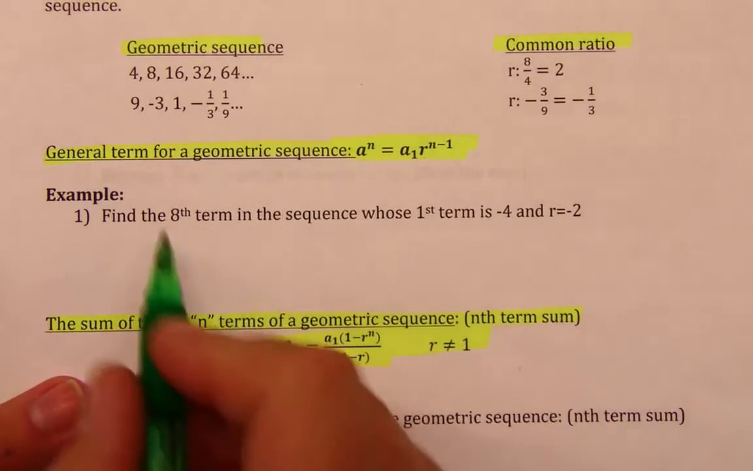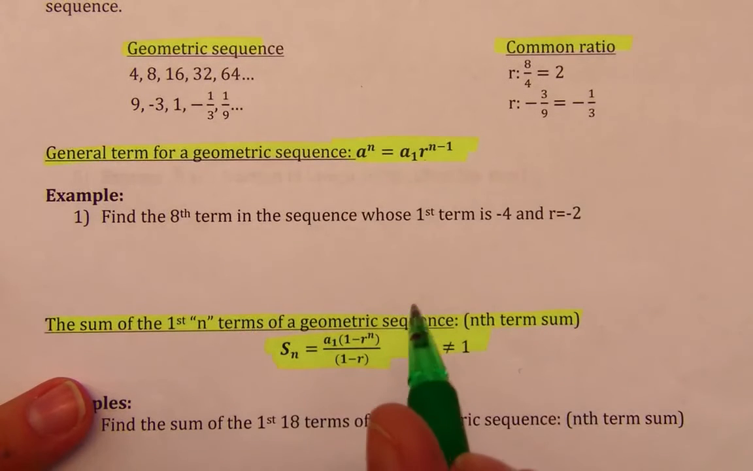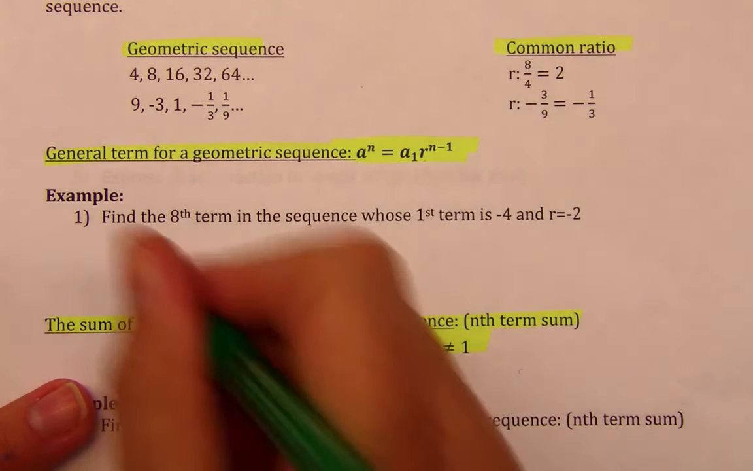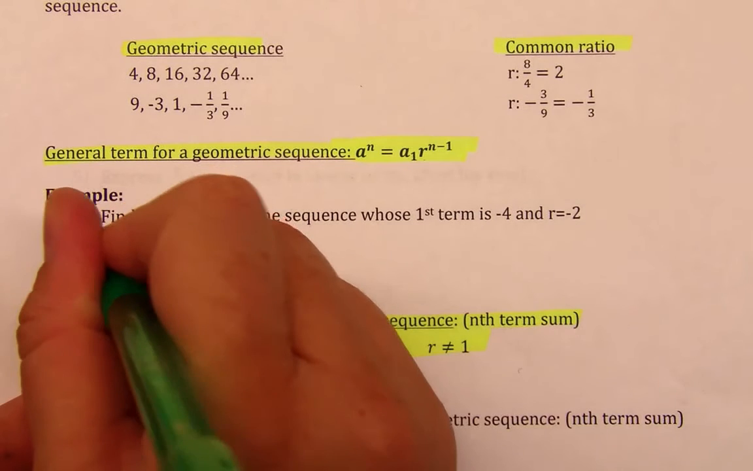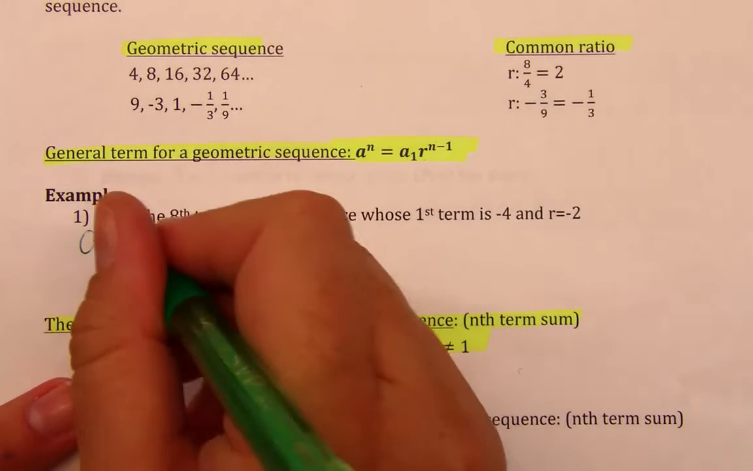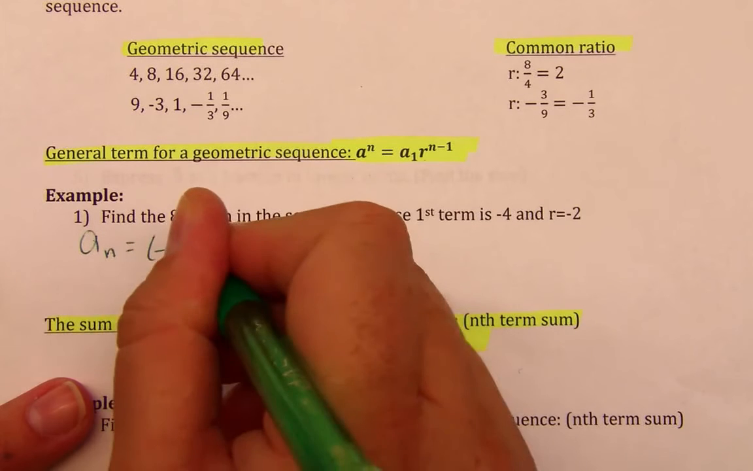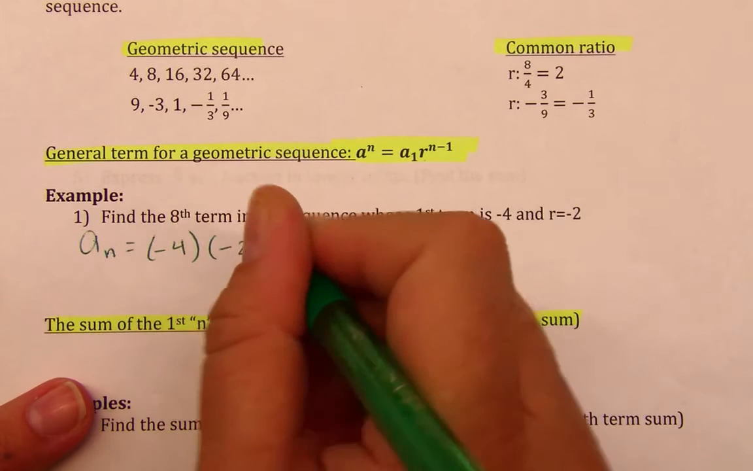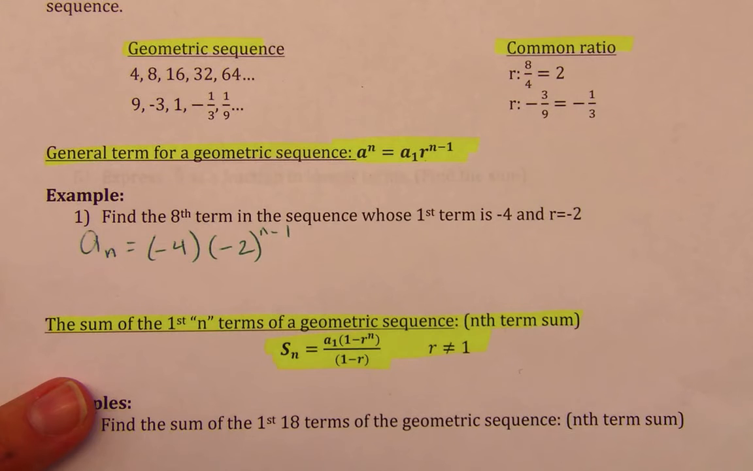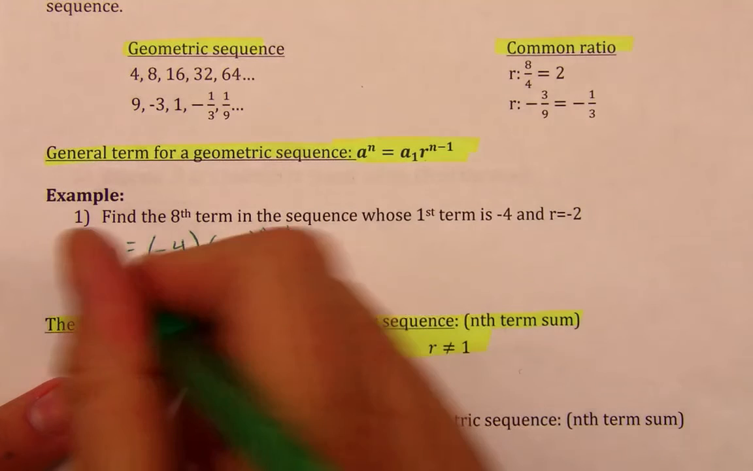It says find the 8th term of the sequence whose first term is -4 and whose common ratio is -2. So let's first write a general equation, a sub n equals our first term, which is -4, times our common ratio, -2, to the n minus 1. So that would be our formula. Now we want to find the 8th term,